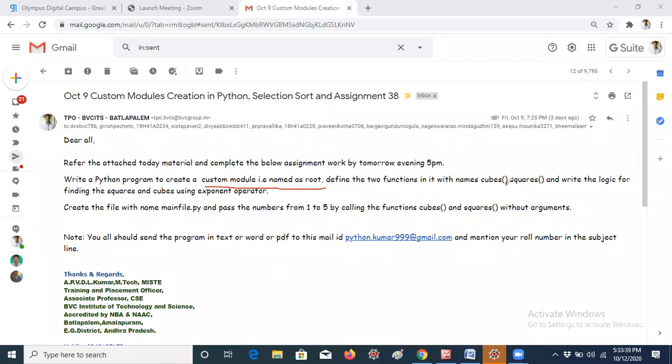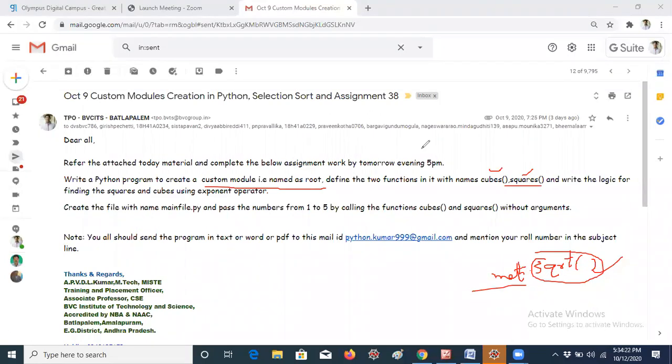You know that you have a predefined square root method like sqrt. But here I am asking about squares. So this is not a predefined function; it's a user defined function. That means the functions which are defined by the user are user defined functions. Whenever you write math.sqrt in Python, square root is a predefined method. The Python developers themselves defined the body to perform the square root of a particular number. That's the reason we can execute that function using the math module.